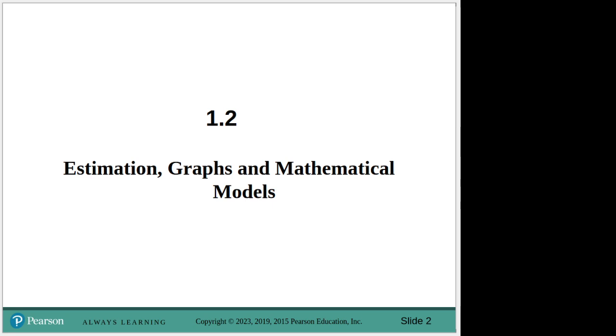All right, we're going to take a little side quest here, and we're going to look at estimation, graphs, and mathematical models. Now, estimation is one of those things that there are more than one right way to do it, which makes